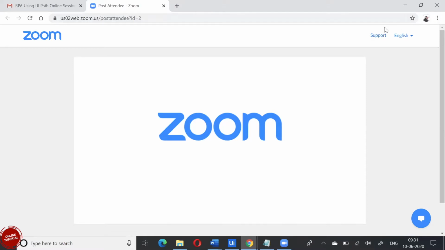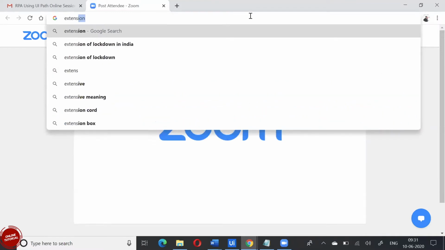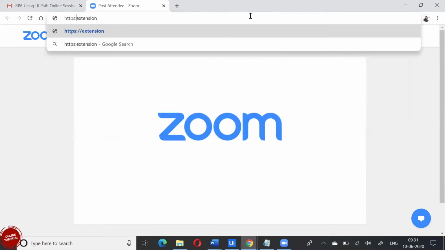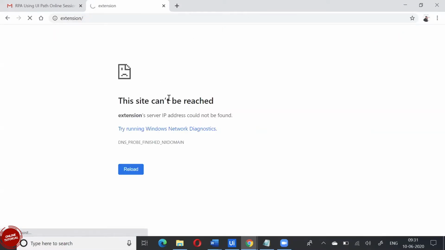So many extensions are there, and you can search by extensions. So you'll get a variety of options to install.